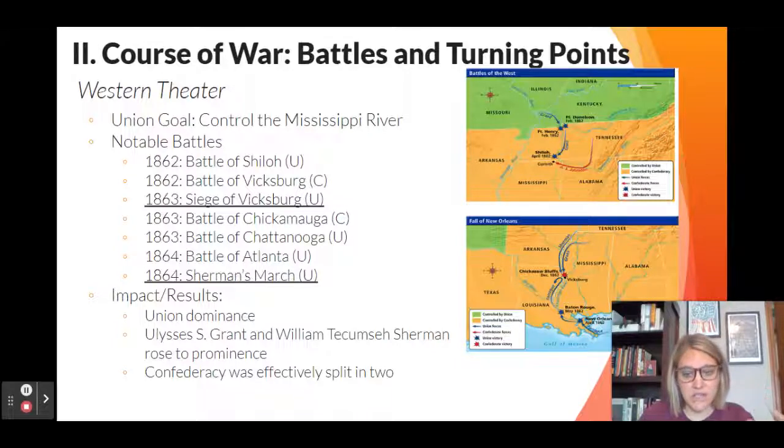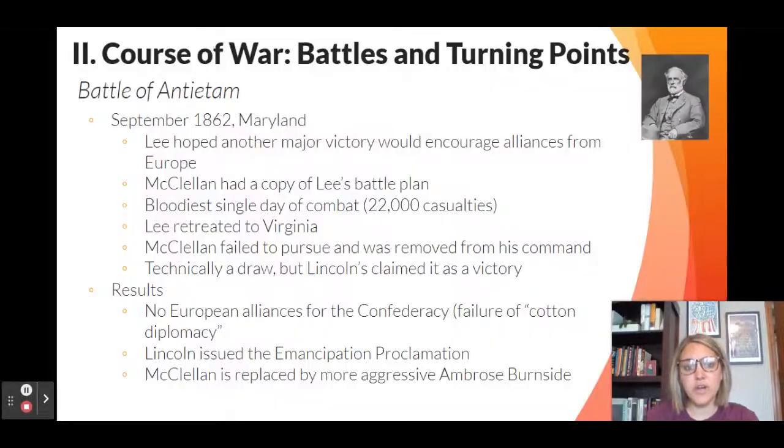All these victories also end up bringing Grant and William Tecumseh Sherman into prominence, and that helps with changing the strategy of the war in the second half of the Civil War. So if we're going to look at a couple battles specifically, we're going to first look at the Battle of Antietam. So this happened in 1862 in Maryland, and what Lee is trying to accomplish here is gaining alliances from